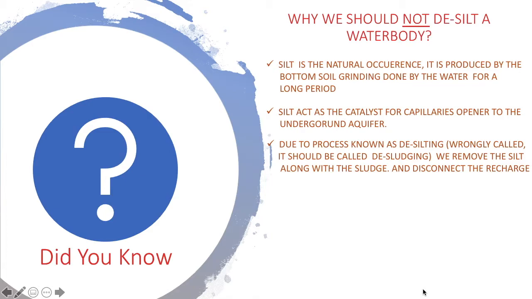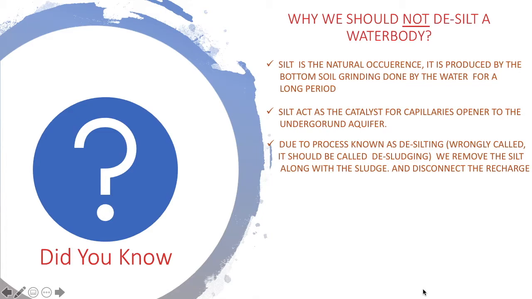So water flows, as you understand, from the higher density to the lower density. In case of a heavy rainfall, the water from the surface water body will be pulled down towards the aquifer, and in summers, due to high evaporation and heat, the water will be pulled up from the aquifer to the surface water body. That is how naturally these water bodies are there on the surface of the earth perennially.